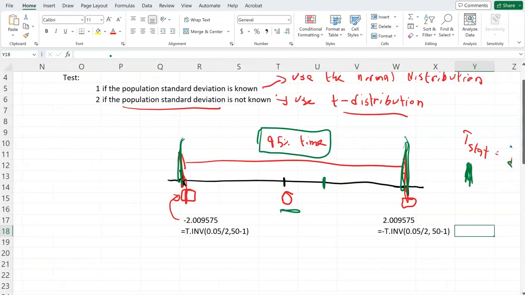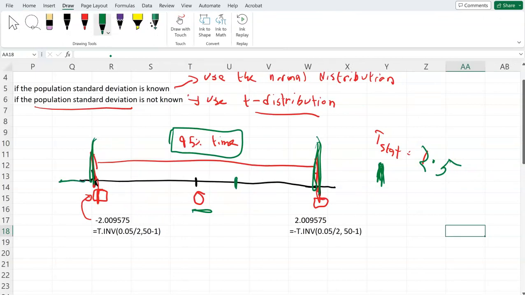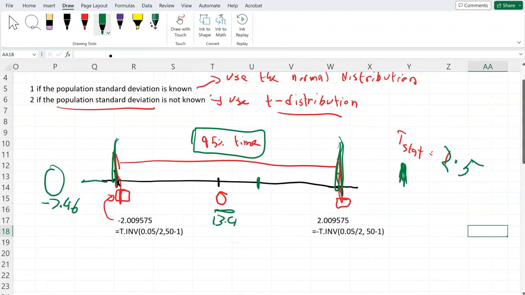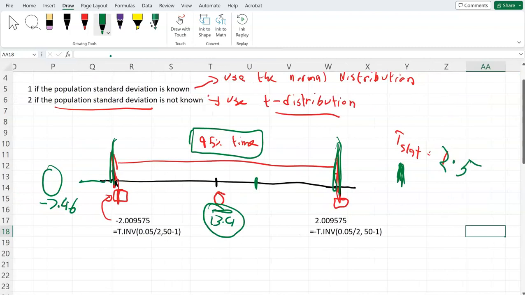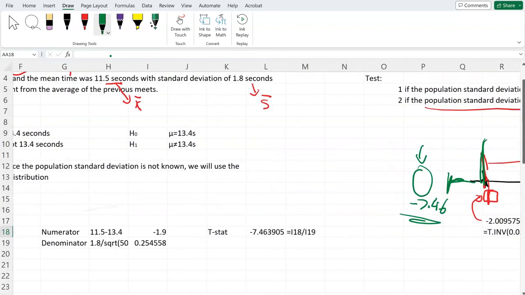Now, if I were to go back here to see where it would land, I would find that this number would be way out here somewhere. So if the number 13.4, I keep forgetting the number, I think it was 13.4, yes, 13.4 were the true population mean, then getting a number as low as 11.5 would be very, very low. So in this case, we would say that it's probably not right that this is the mean any longer. So we would say we reject the null. And the way we would say it is